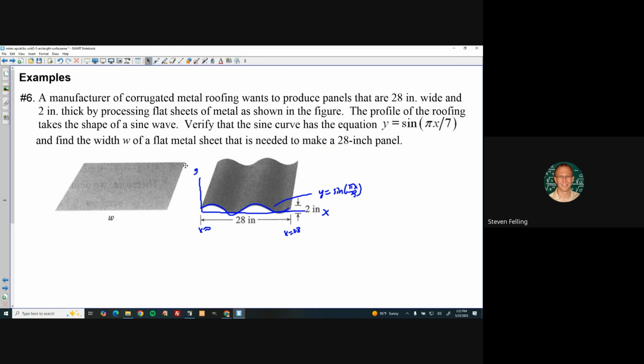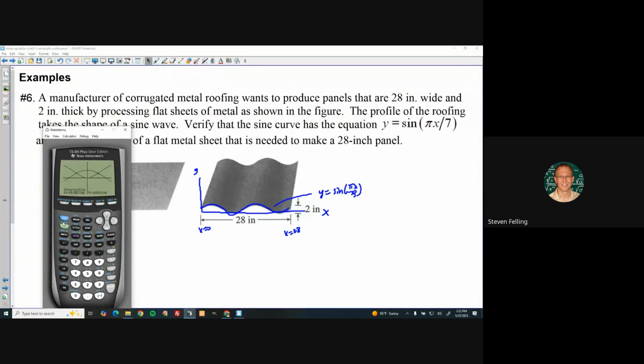If we grab a calculator and plug in sine of pi x divided by 7 and graph that from 0 to 28, because we're thinking we're going to go from 0 to 28, and then let's go with plus or minus 4 or something, just to see. Okay, so if this is right,